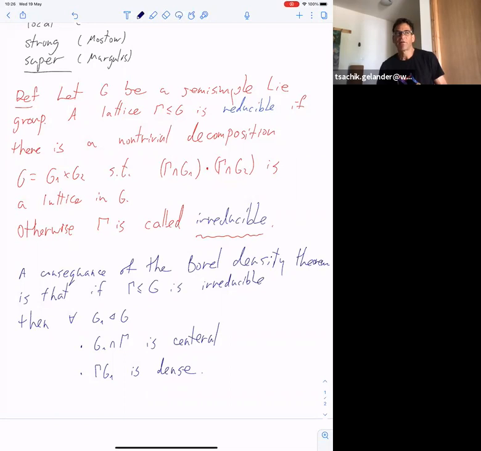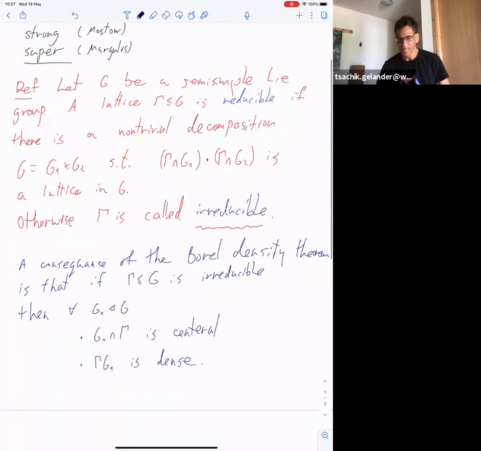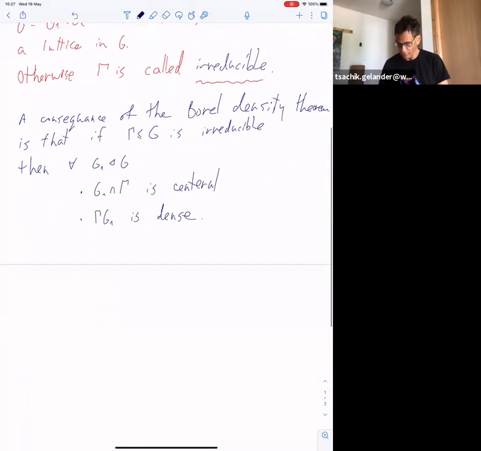When people discuss more general groups like locally compact groups, these various definitions do not coincide, and usually what is common to assume, which is easy to use in application, is this definition. So in the general context, when you consider a product of locally compact groups, you usually say that a lattice is irreducible if the projection to every proper factor is dense or at least non-discrete. So yeah. Okay, so let's start with local rigidity.